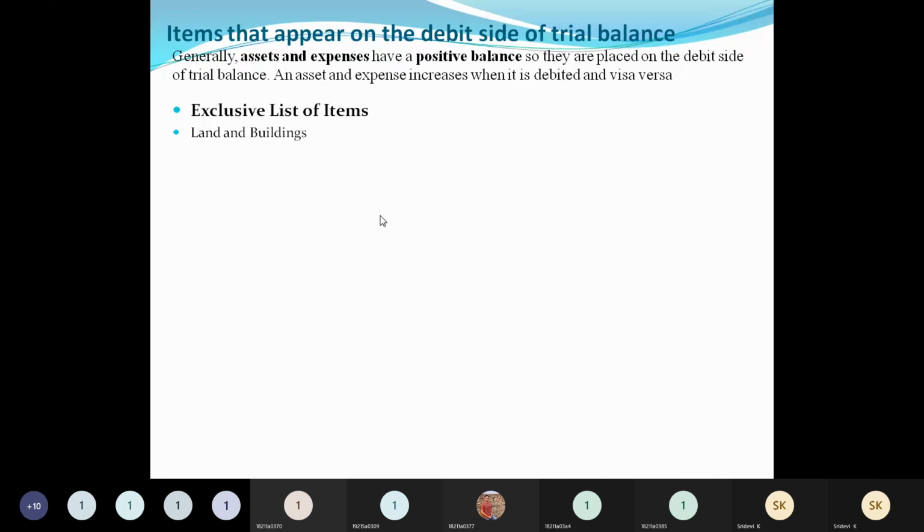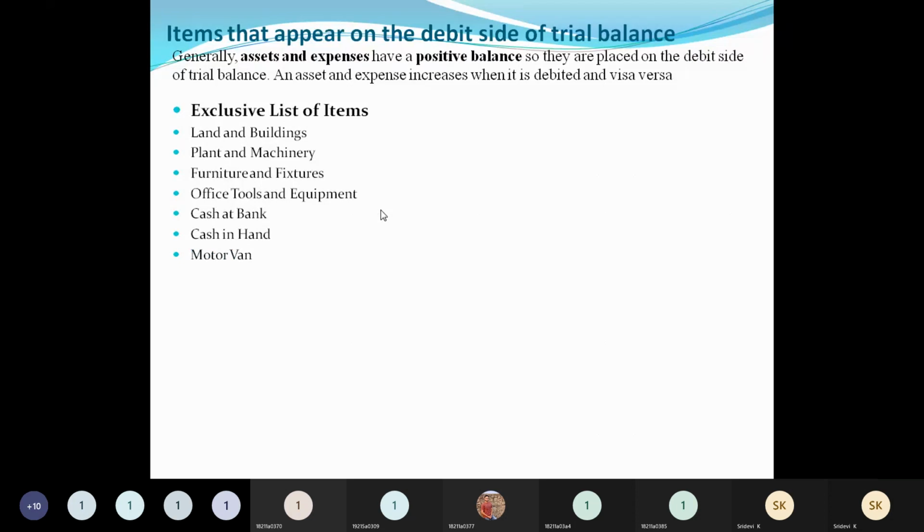All these items which I am showing you, for all of them you are going to show the amount in the debit amount column. Like plant and machinery, all assets, fixed assets. It will be very simple for you to remember: fixed assets, current assets. If you identify the current assets and the fixed assets, all those related amounts will be shown in the debit amount column of the trial balance.